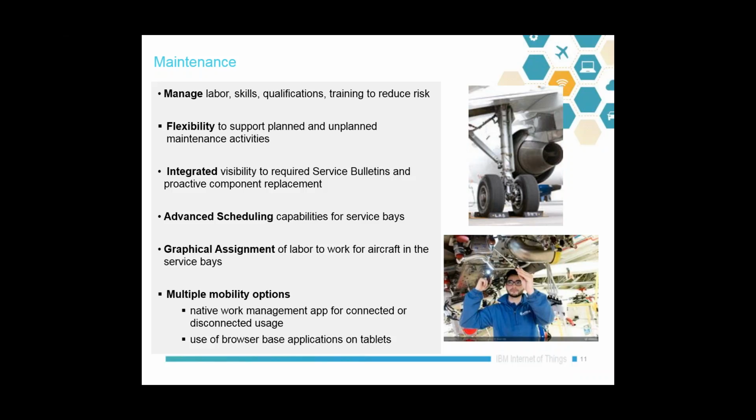Advanced scheduling capabilities for the service bays. We touched on that a little bit, but re-emphasize that here. We've touched on the fact that the graphical assignment of labor to the work for the aircraft in those service bays is something that's been enhanced, as well as dealing with